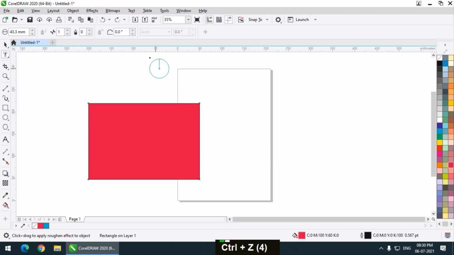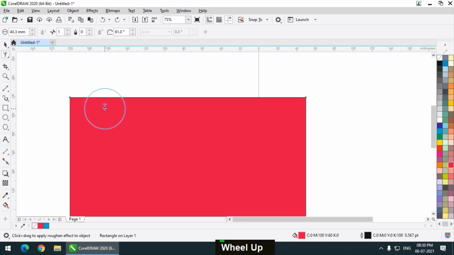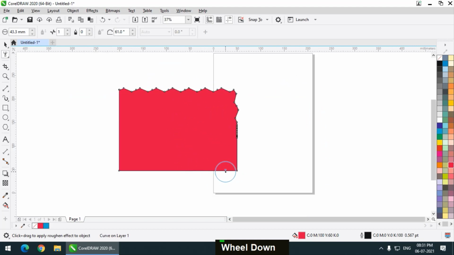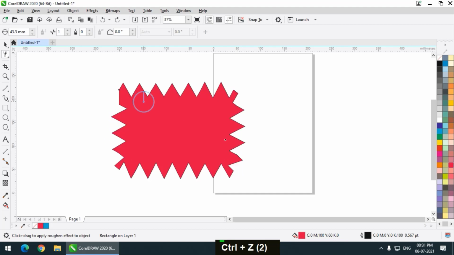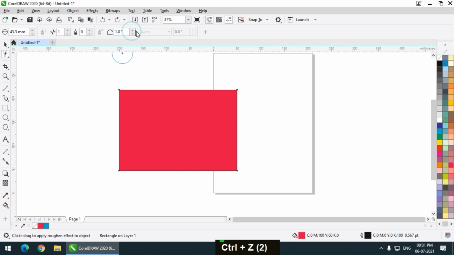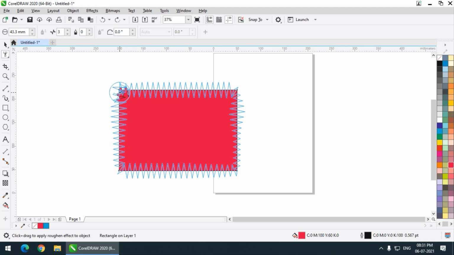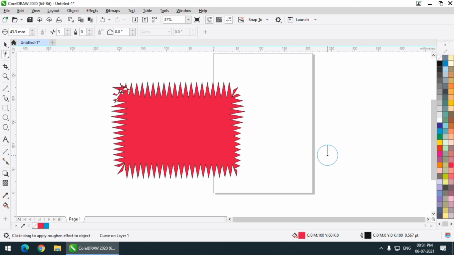And as we increase the pen tilt, then the height of the spikes will get smaller, or the height will be decreased like this. As we keep it to 0, this is the highest value that we can get height wise, and if we increase this, then it will get shorter and shorter like this. And if you want to increase the frequency, then you can simply use the frequency of spikes like this. As you can already see, the frequency of spikes has increased.